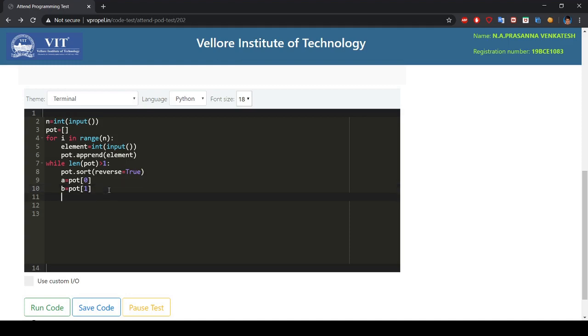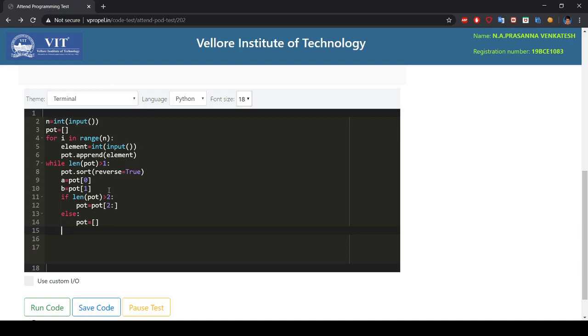For removing, if the length of the potato list is greater than 2, we can just slice it: potatoes is equal to potatoes of 2 till the end. Else, if these two are the only potatoes left in the list, potatoes becomes an empty list.